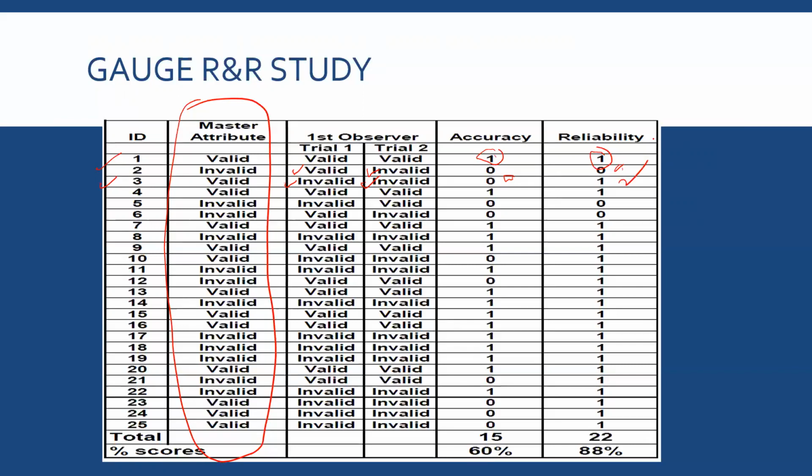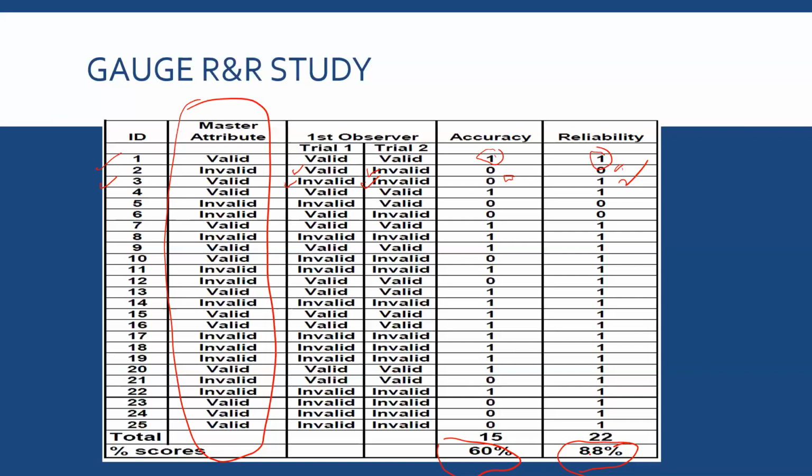So this is what we call it. Yes, it's reliable. Okay, well, then we conduct all this here. We do the same thing for the 25, just studying the master attribute, compare it to the observer on the first trial and the second trial, and then you decide what is the accuracy for this person, what is the reliability of that operator,